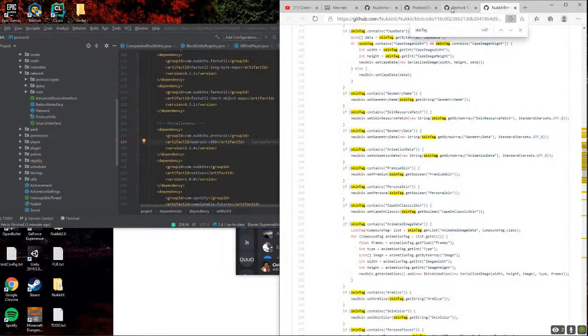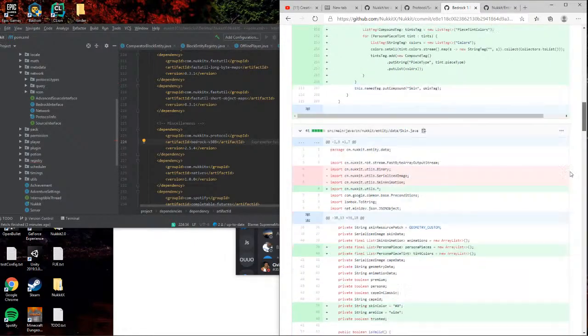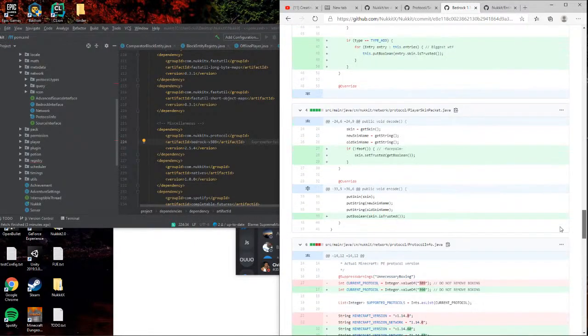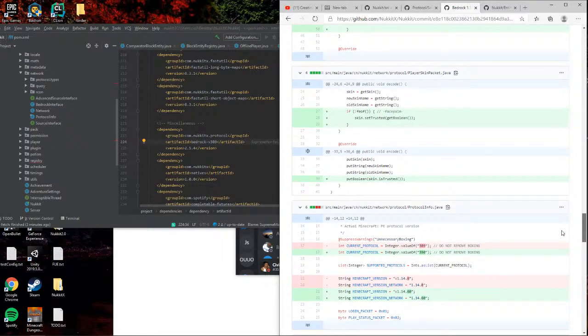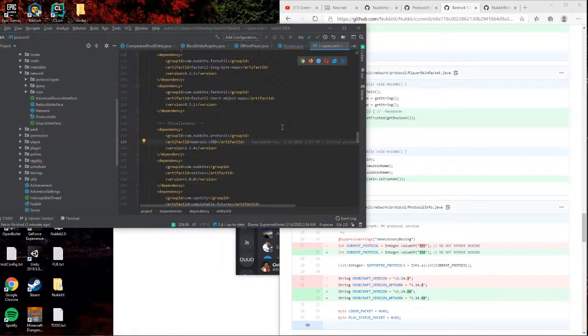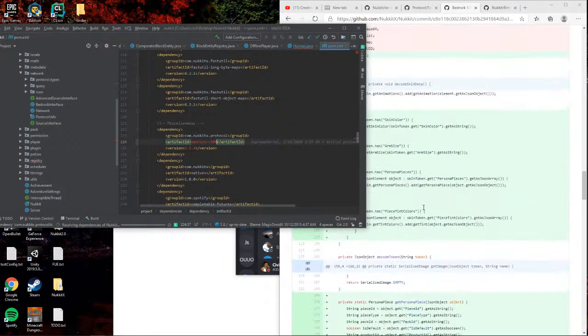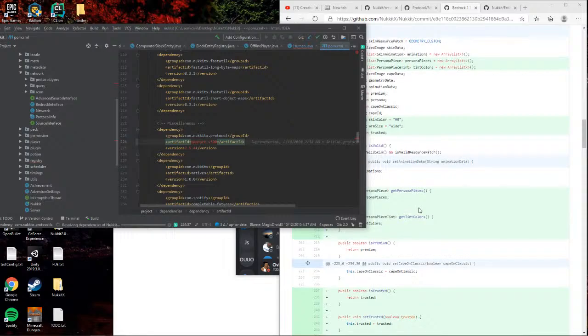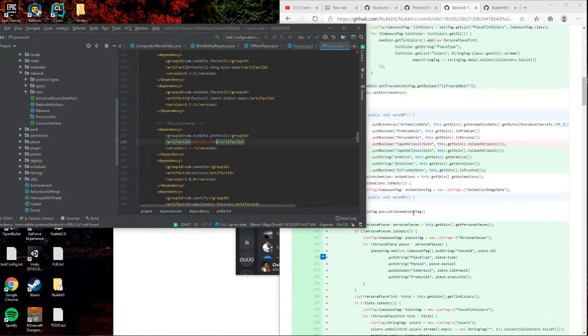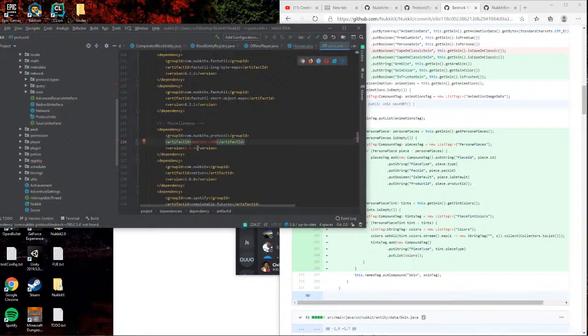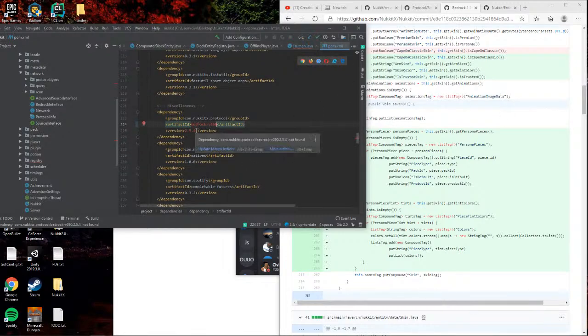Okay. So I just need to update the Nukkit protocol version to 390. Not sure what the 2.5.4 is.